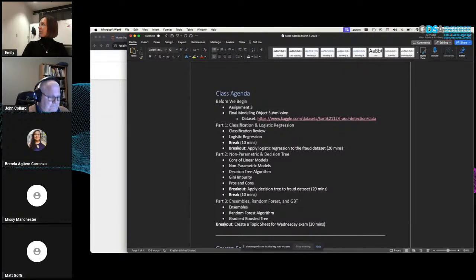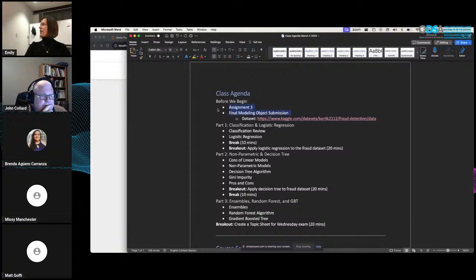So if you're in the next class following this one, the model evaluation metrics, that'll start on the 18th. And then it'll go 4 weeks after that. Maybe I'll send out a summary of all those dates. It's kind of hard to speak on the fly there. So assignment 3 and final model object submission are due a week from today. So I believe that's the 11th. I have those 2 documents out there.